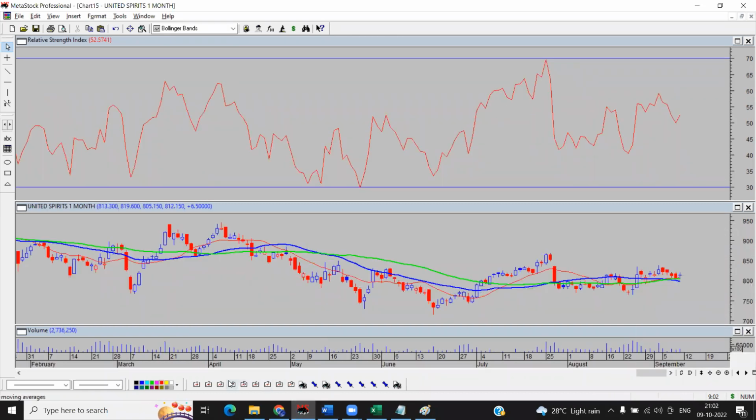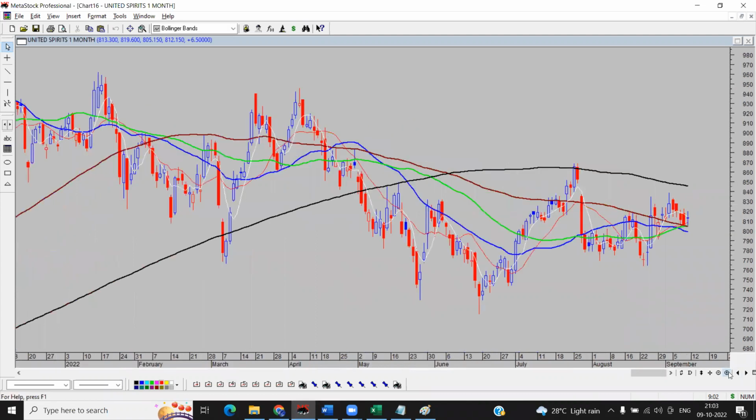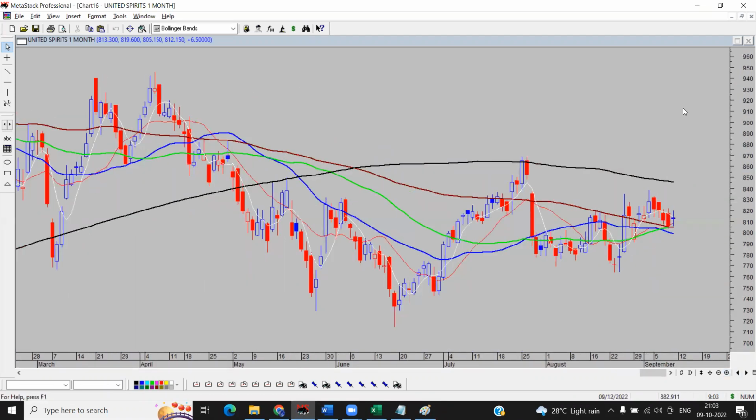I'll take a view from you all first of all. What do you feel of this? United Spirits, that means McDowell. Yes, sir. What do you feel, tell me? It's an uptrend, sir. Correct. Uptrend. Anybody? Any other view? IB stock, sir. This is United Spirits or McDowell, whichever way you say it. IB, inside bar. Inside bar, right?